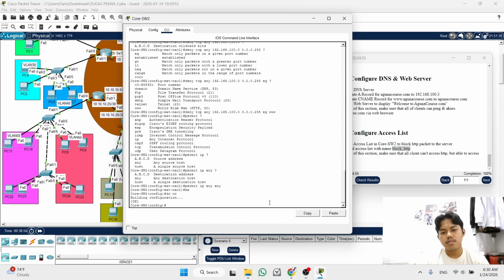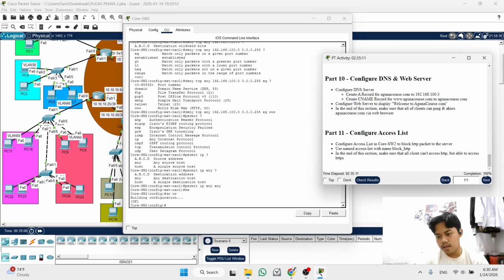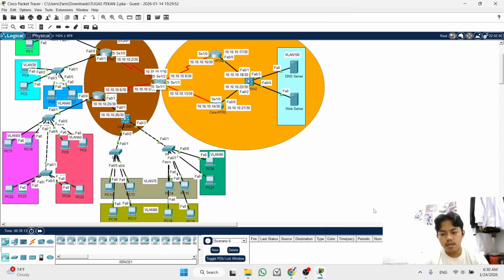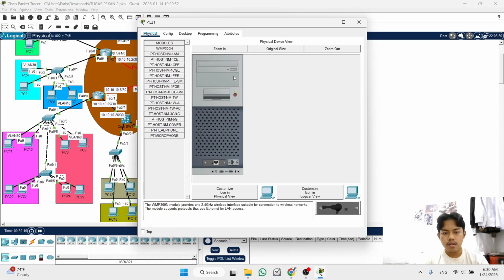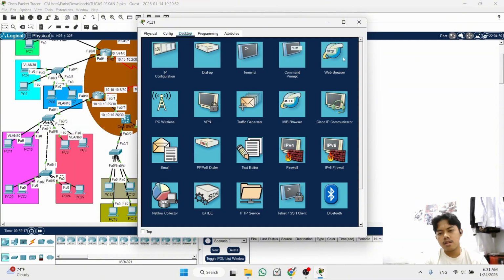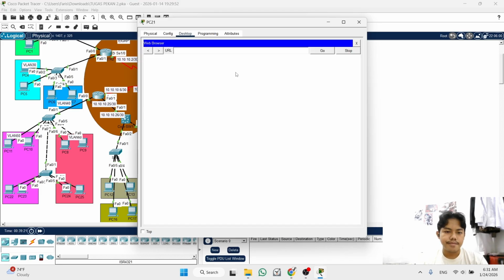Exit, save. And now we will put this configuration on interface VLAN 100. But the configuration has been done. If you test now, I think it doesn't work, because we don't configure it on interface VLAN 100 yet.